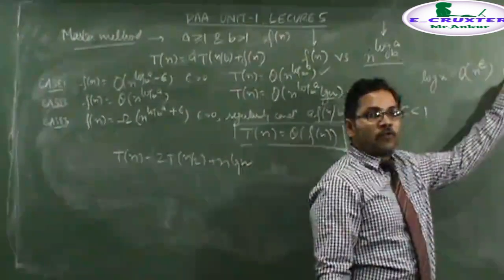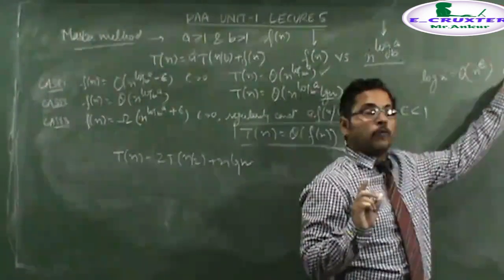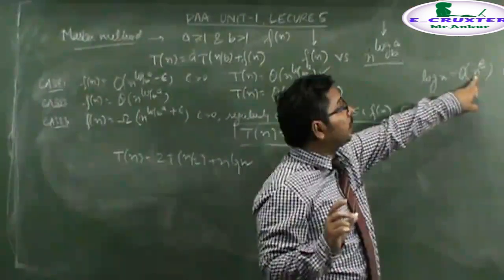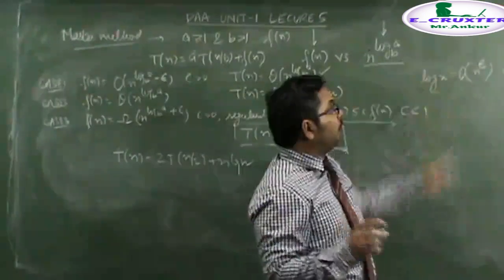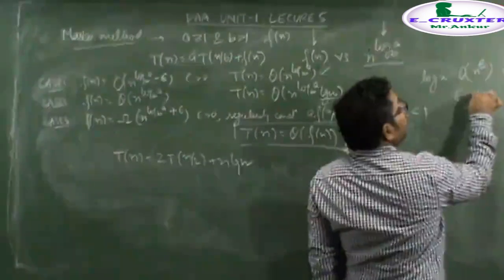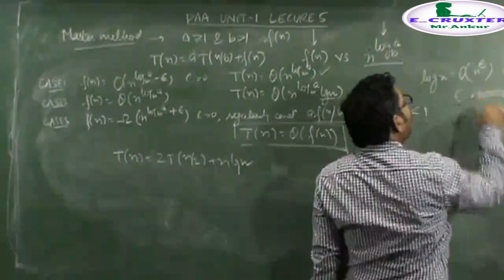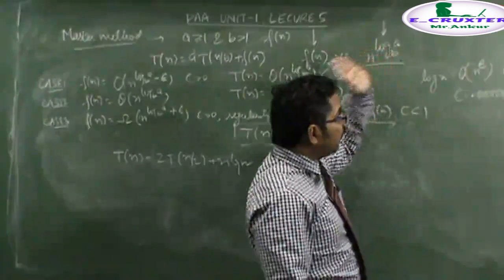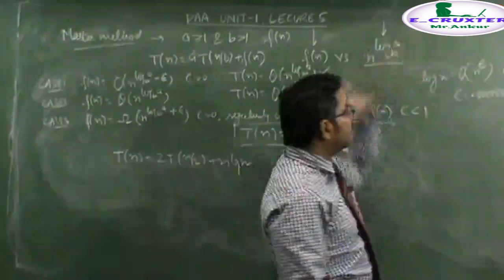If epsilon is a constant greater than 0, just remember it is just greater than 0, then the growth rate of n raised to epsilon is always larger than log n. Whether we take the value of epsilon as 0.000000001, however small a value we take for epsilon, there is a value of n when the growth rate of this function will be greater than log n.